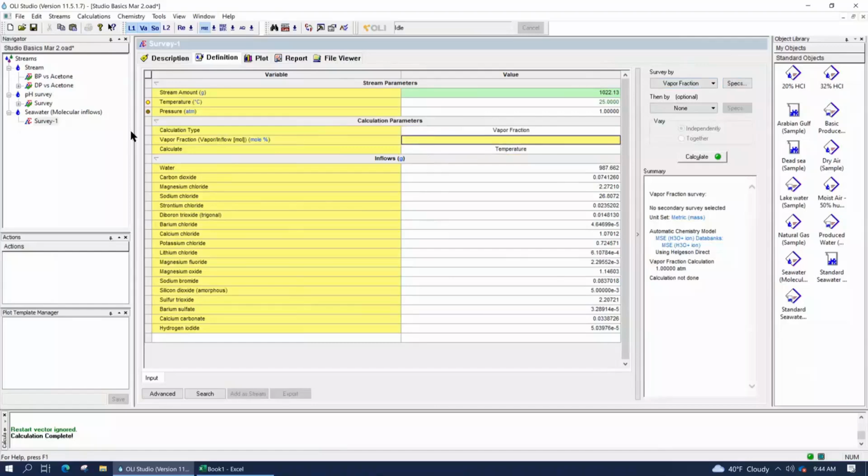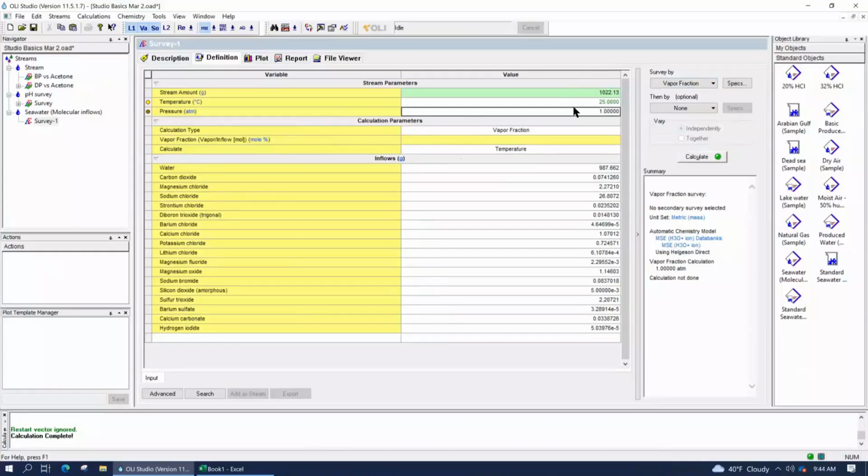The vapor fraction, the amount that we're evaporating, shows up yellow because we're doing a survey. It's not a specific amount, right? We're actually at 51 different values for this. And then lastly, we're doing this as a function of temperature, at 1 atmosphere. Keep that in mind, especially for you engineers that work in this area with brines.